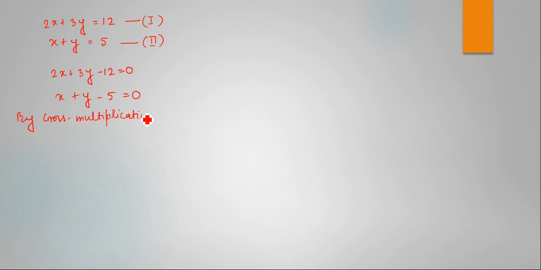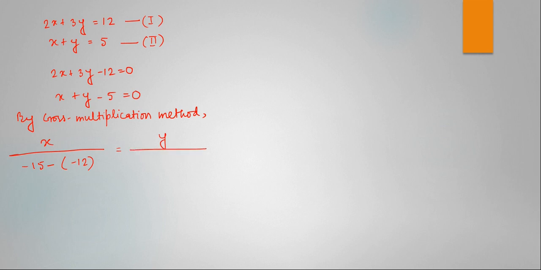So by cross multiplication method, you can write x by, what will be there? We will just leave the coefficients of x, we multiply in the cross way. So 3 will be multiplied by minus 5, that is minus 15, minus 12 will be multiplied by 1, so that is minus 12. Okay, the in between sign, this middle sign will be minus always,